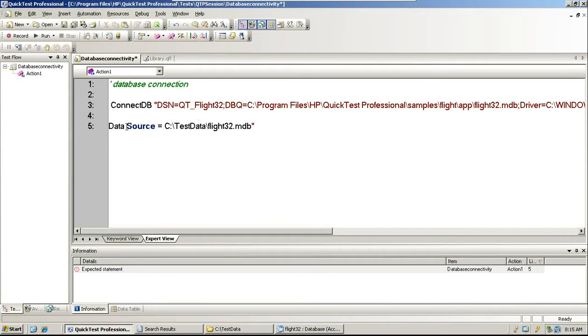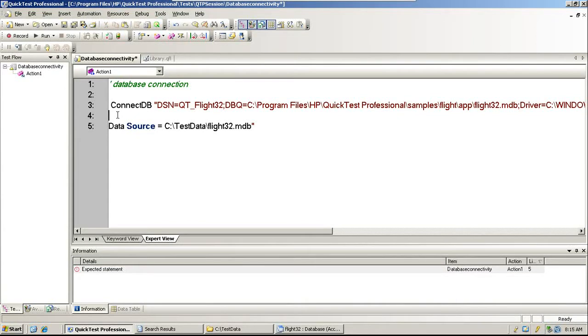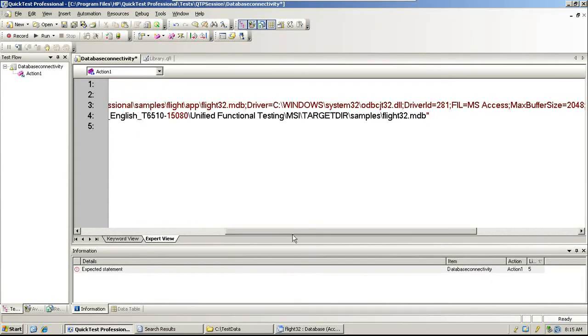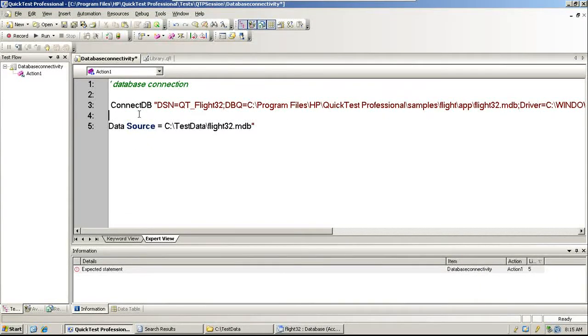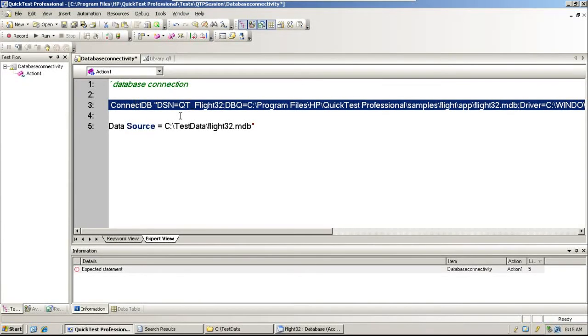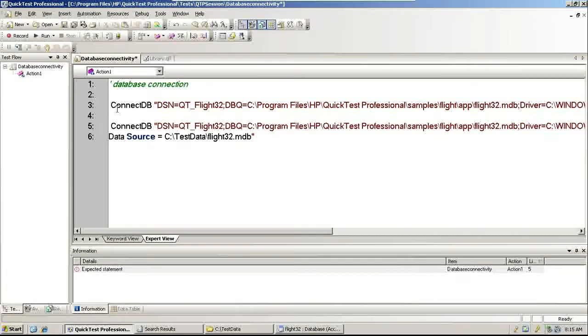Okay, so this is the data source, so I'll copy this, Control C, Control V. Hold on. Control C, Control V. Okay, now comment this with a single quote.